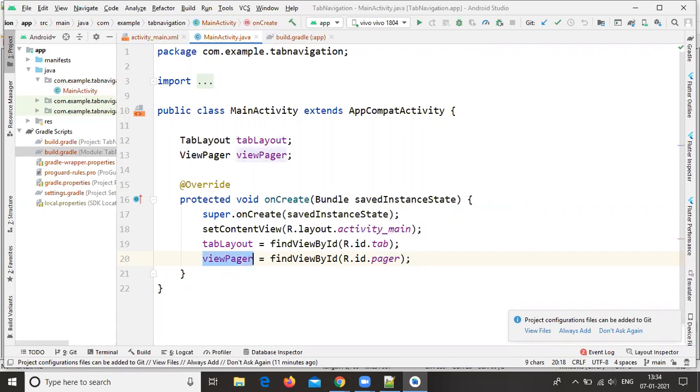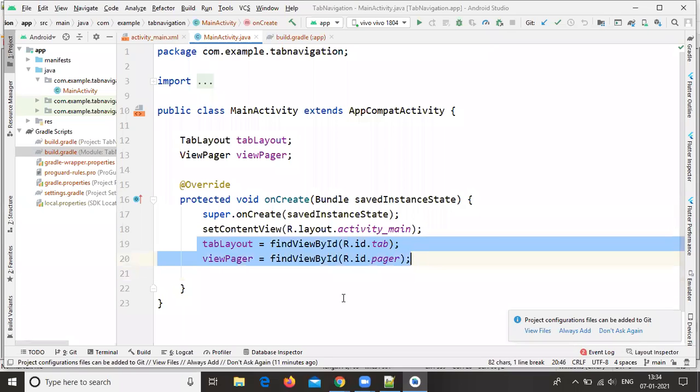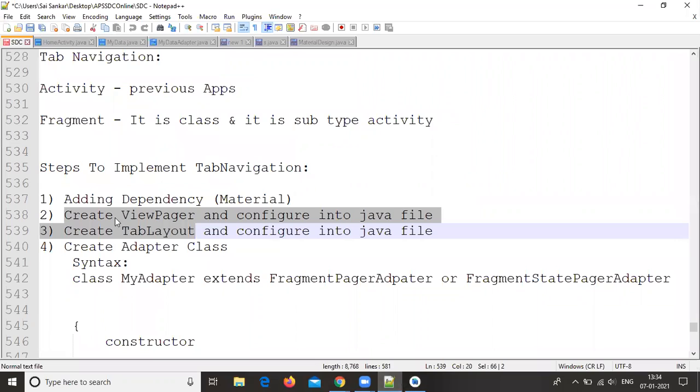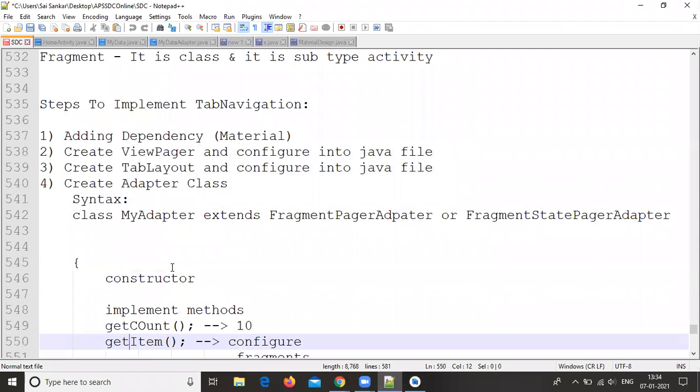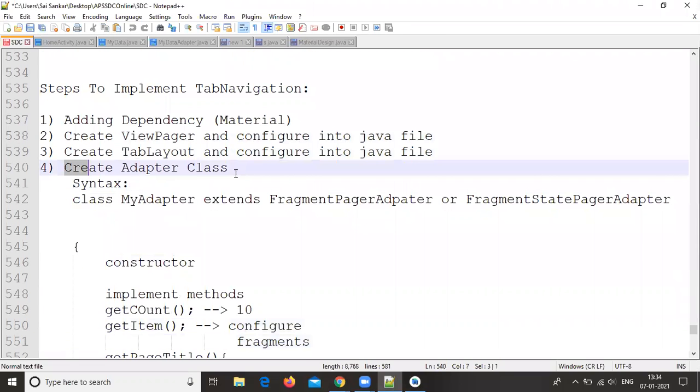This is all about the configuration part. We have completed up to three steps, and the main heart of this concept is to create the adapter class. So the next step is to create the adapter class.